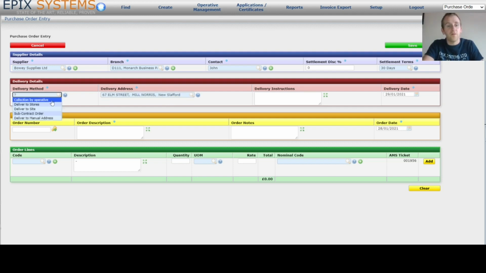If we go over here, we've got the opportunity to raise a subcontractor purchase order, and also we can, if the addresses or any of the things that we've chosen so far is just not suitable, you can do a manual address and you can just simply type where you want the order to go to if it's not any of the others. I'd like this to be delivered to site,